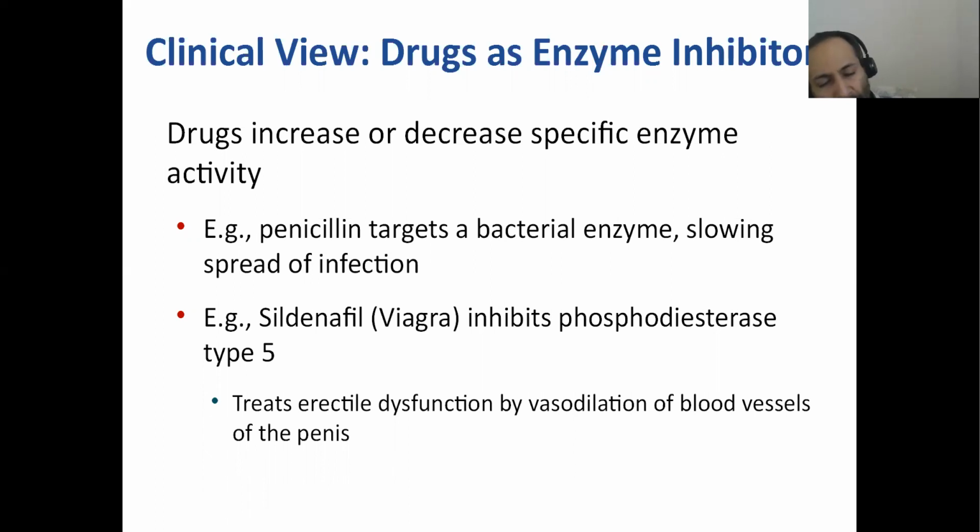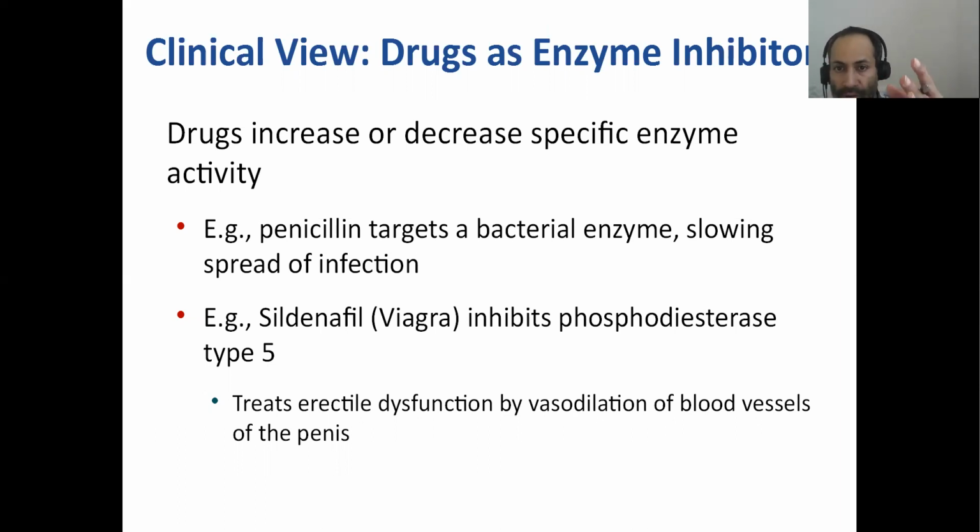So back in the early to mid 90s, pharmaceutical companies were on the lookout for a drug which would be more efficient, more effective, and have fewer side effects than the traditionally used nitroglycerin for chest pain, something called angina, right? So many different candidate drugs were in the works. And so then they came up with this phosphodiesterase type 5 inhibitor. It wasn't called Viagra back then, but that's how it worked.